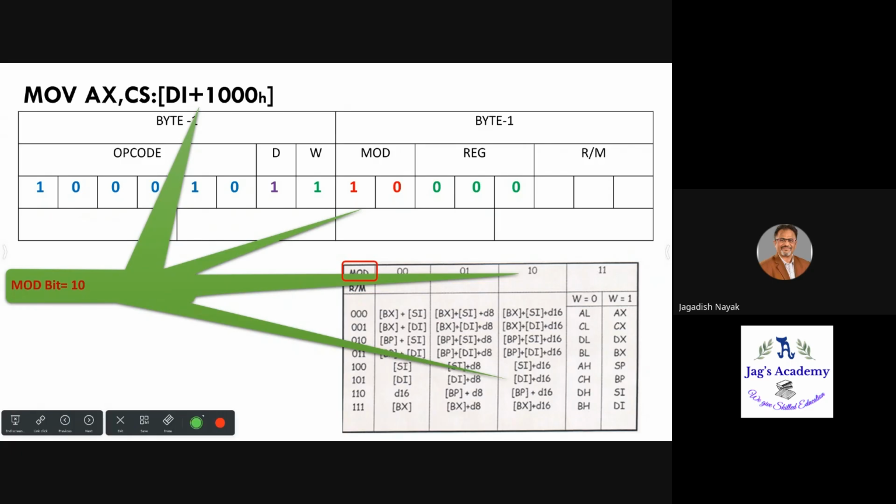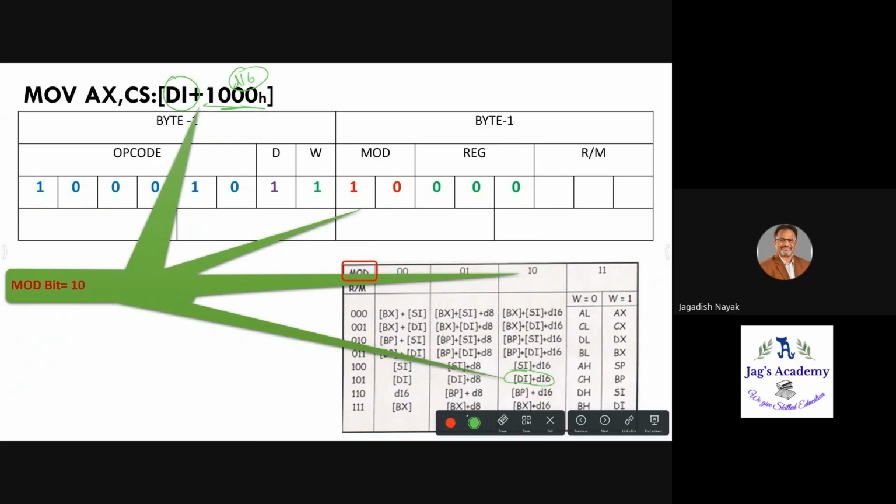Try to understand this. This is a 16-bit value, D16 data. You need to refer to this table where you have DI plus D16. Can you see? In this particular place, you have DI plus D16. Now see the corresponding mode bit. What is the corresponding R/M bit? Tell me what is the mode bit and corresponding R/M bit? Mode bit is 10, right? And R/M is